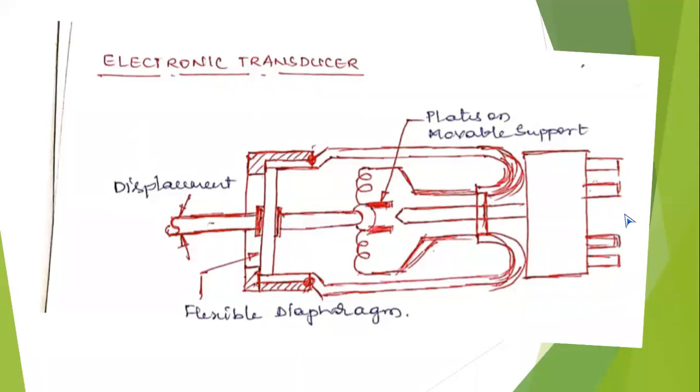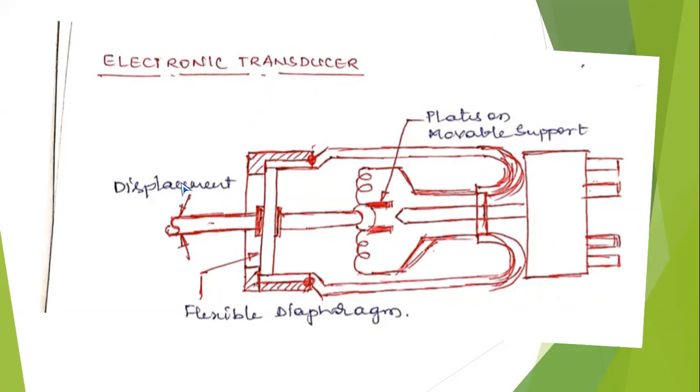The output is always in milliamps, which is converted into the surface roughness units. Surface roughness may be in microns. The milliamps are directly converted into surface roughness units, that is, microns. This is the principle of operation of the electronic transducer. Once again,